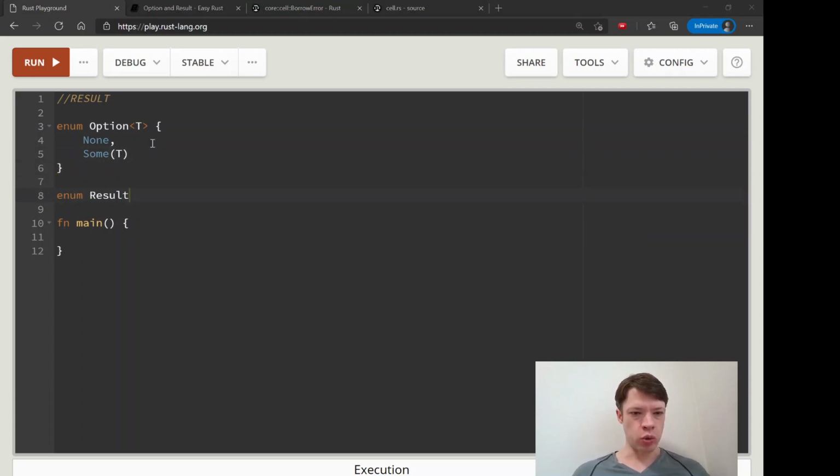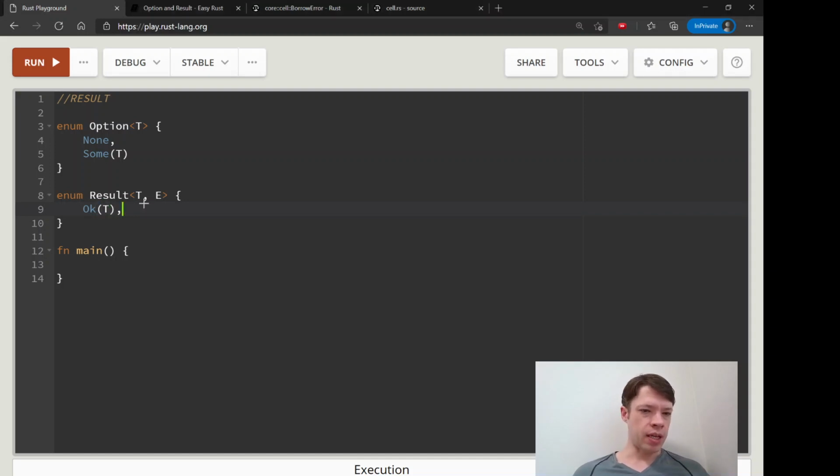And result is also similar, but you can see right away it has two types, and they call it T and E, and E is because this is going to be the error type, so it's like a little hint that it's an error. And instead of None and Some, it has Ok, and the T goes inside there, and then there's Err for error, and E goes in there. So the big difference right away is that in option there's nothing to get, but with a result you have some information,